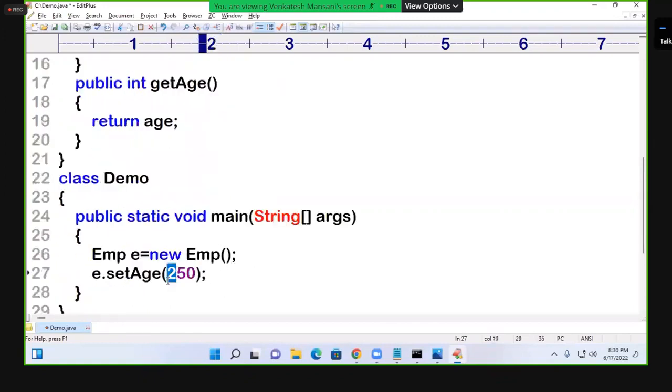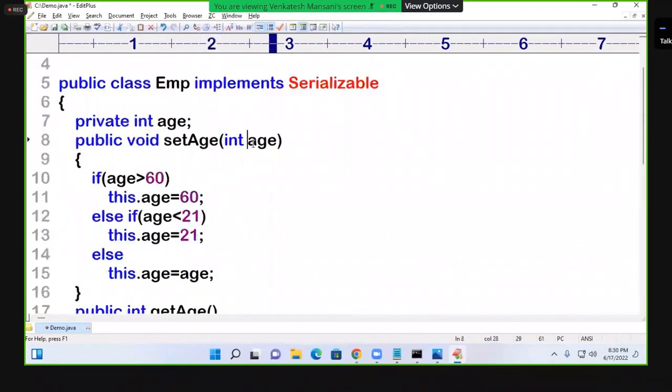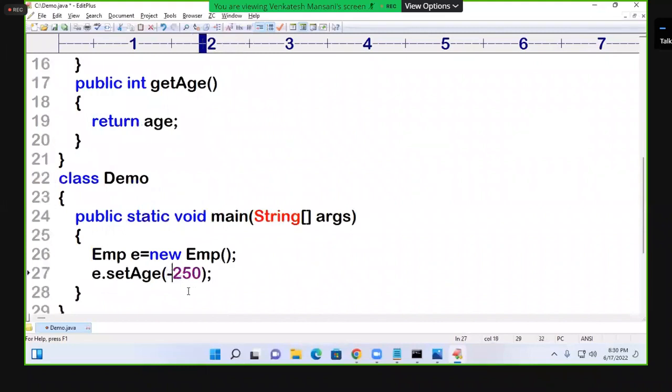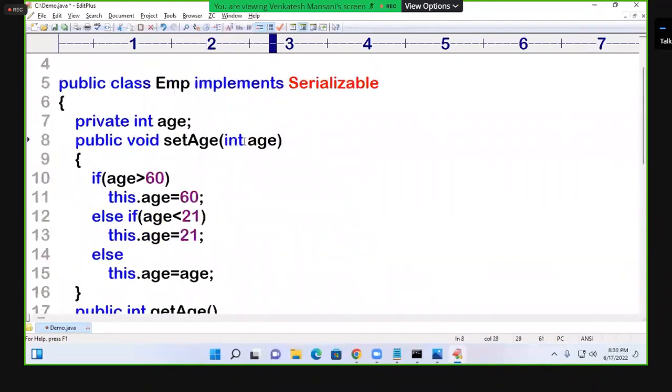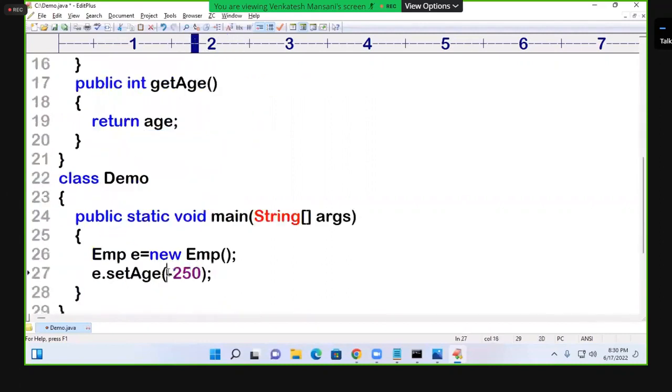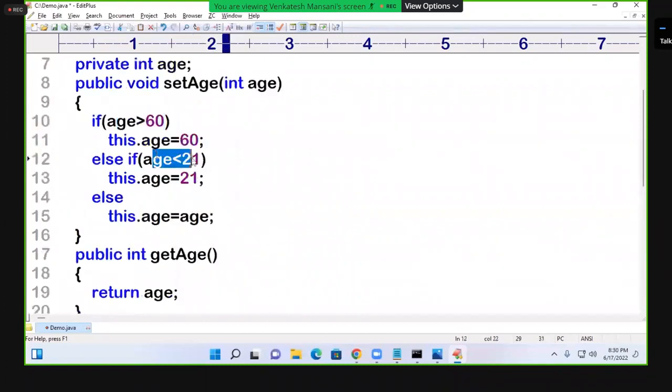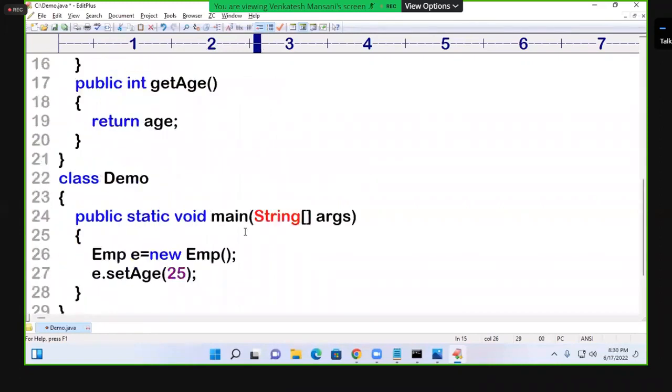Now here I pass 250. 250 greater than 60, true. Then what will be stored? 60 is stored. Suppose I pass minus 250. Minus 250 greater than 60, false. Minus 250 less than 21, true. Then 21 is stored. Suppose I pass 25. 25 greater than 60, false. 25 less than 21, false. Then what will be stored? 25. Now my question is,